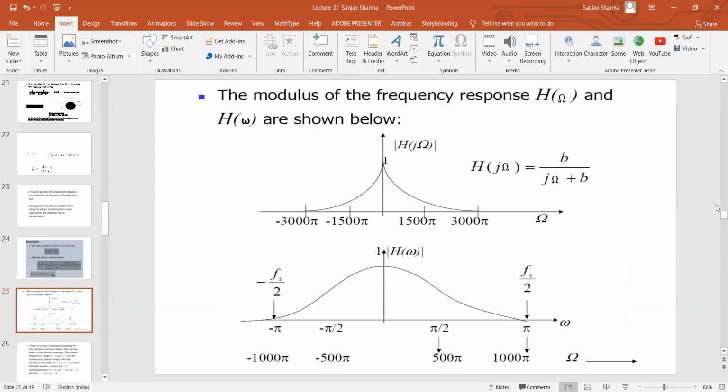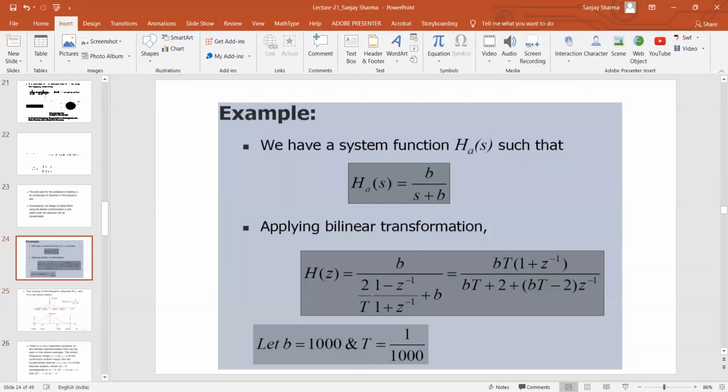But once we go to the digital domain, we replace z here with e to the power j omega. Once we do that,